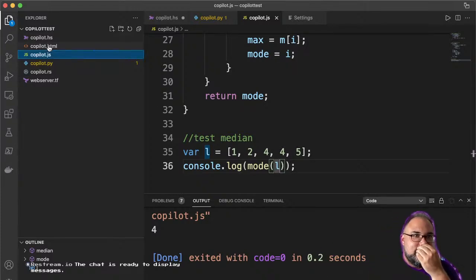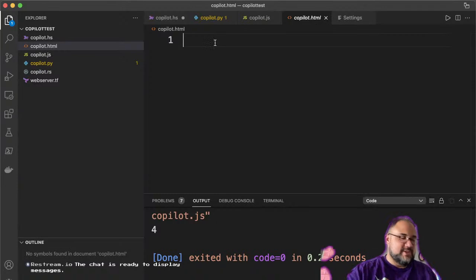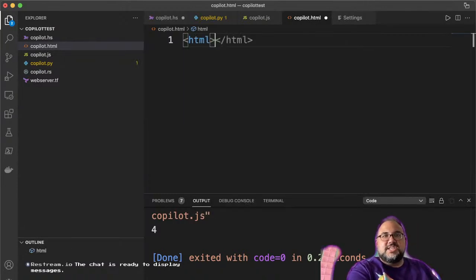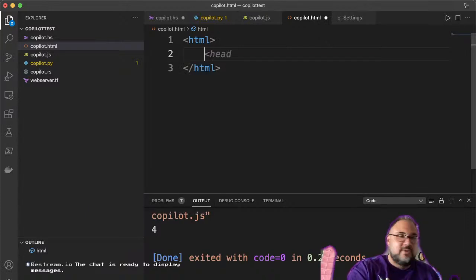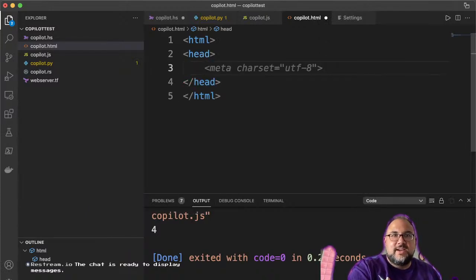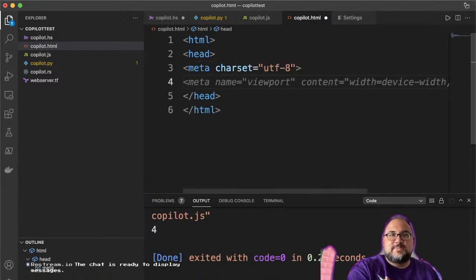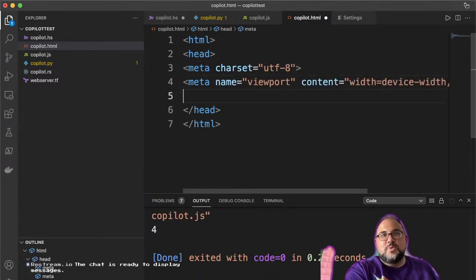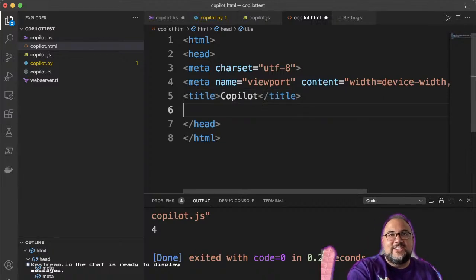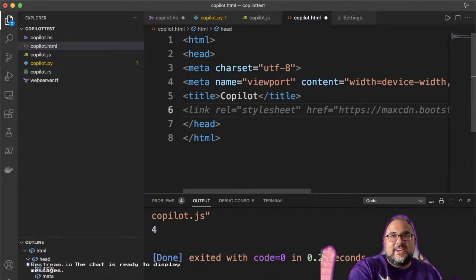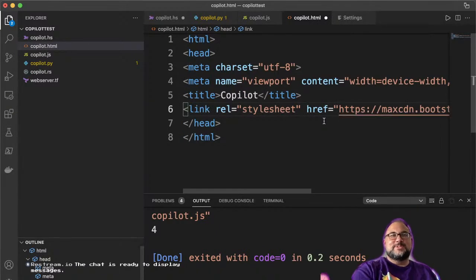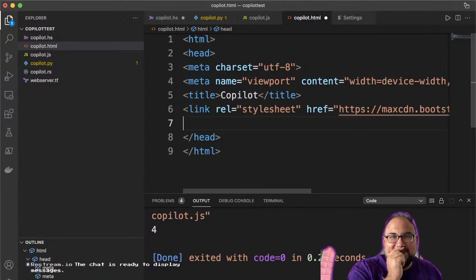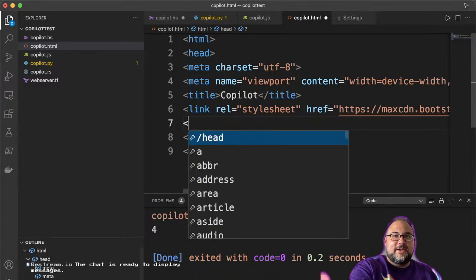Okay, let's try something a little bit more difficult. Let's write some HTML. So, okay, HTML, that's easy. Autocomplete. Now, you see there, it automatically knew, oh, you're going to go to the head tag. Oh, you're going to need a meta tag. Oh, here's your viewport meta tag. Here's a title. It's putting Bootstrap in automatically. Clearly, I'm going to use Bootstrap. Come on, jQuery. Is it going to give me jQuery? It's not giving me jQuery, but I bet if I go